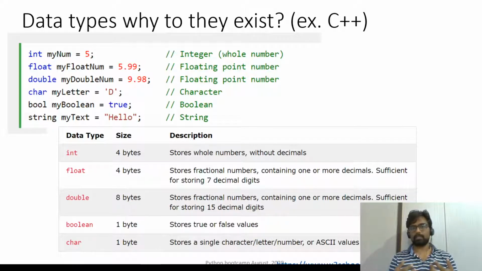So if it's a 32-bit machine, it has to wait for 2 cycles. That means in one shot it will get 4 bytes, that is 32 bits, and it will store it into the register, and then in the next shot, that means in the next CPU cycle, it will get another 4 bytes, and it will store it into the register, and then it will do the operation. So that is about the data types.